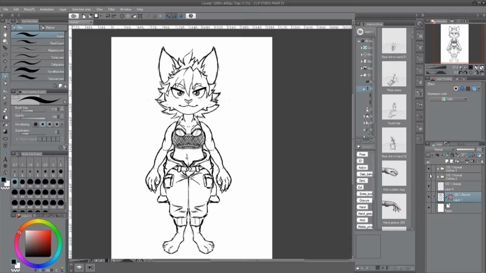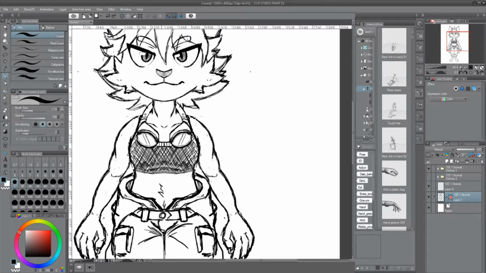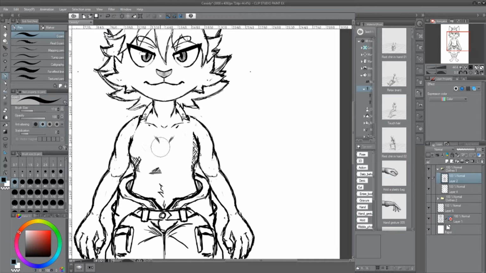But this is another mistake some people make, or that I've seen other people make. When they do what this other person did and got frustrated by it, they'll draw the clothing, and then they'll be like, okay, time to do the next one, and they'll copy the line art layer over, and then they'll start again, but they will rub out the clothing and start over. Some people don't have an issue with this, but I would, because you'd end up drawing things uneven again, and having the same issue where it's just not consistent, like you mess things up.